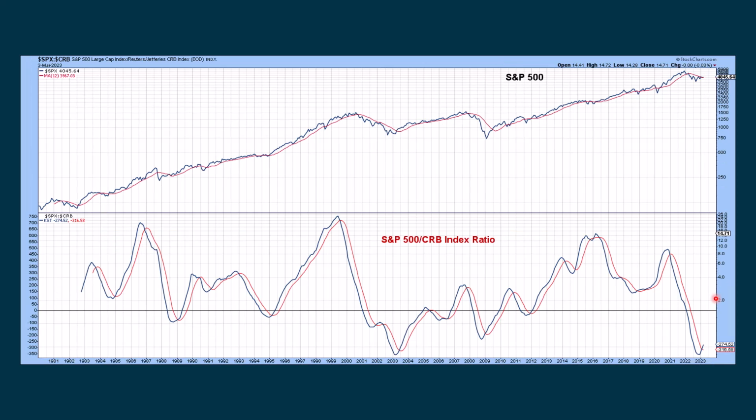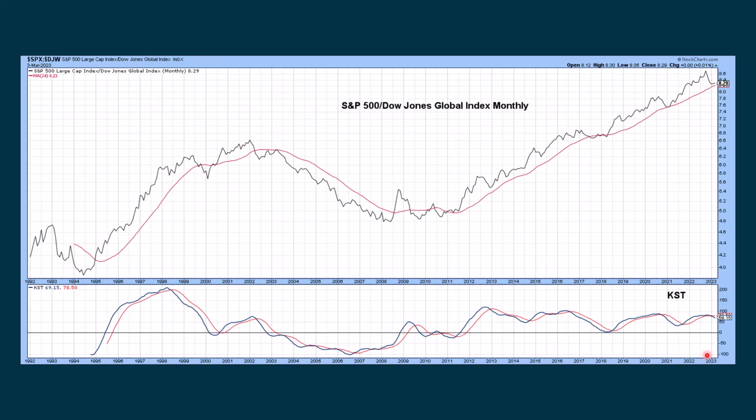And the ratio between the S&P 500 and the CRB index shows how the S&P 500 had really been underperforming, and now it's turning back up and starting to outperform the CRB index. This is the S&P 500 against global indexes, where we continue to be above this red line, even though we've shown some weakness here. But the KST is not showing any strength now, so we're seeing a mix in this